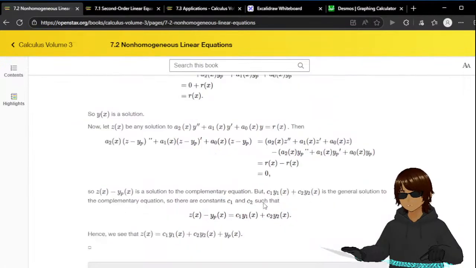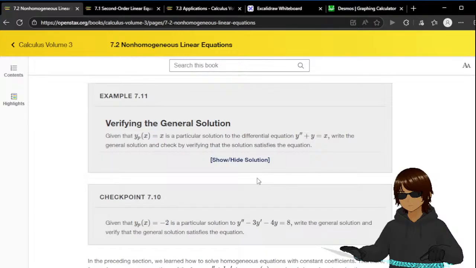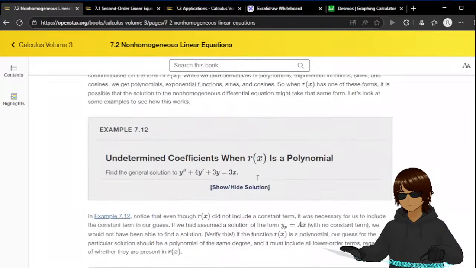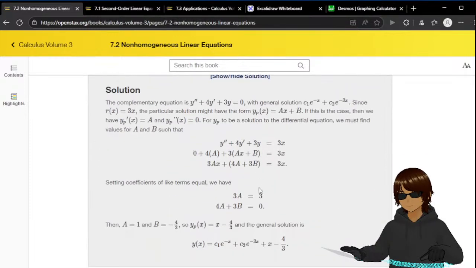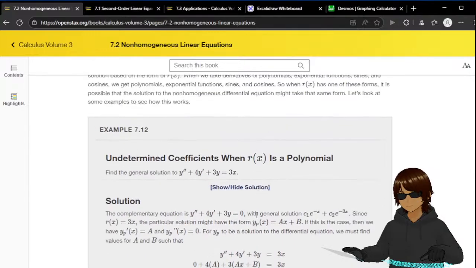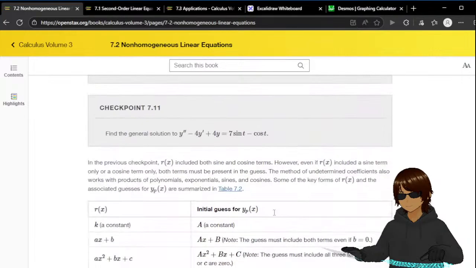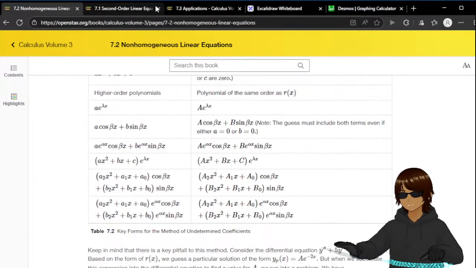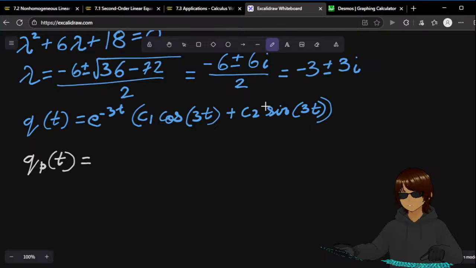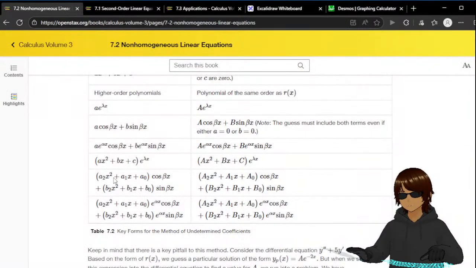Yeah, how do we find Qp? Initial guess for Qp. So if Q(t) is in this form, the initial guess of Qp is